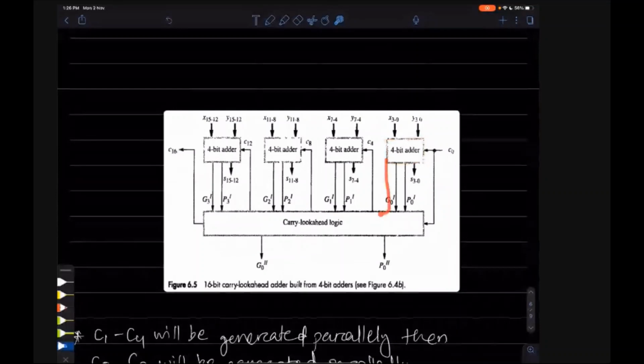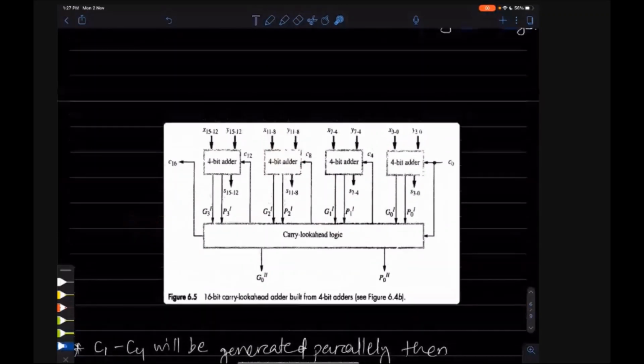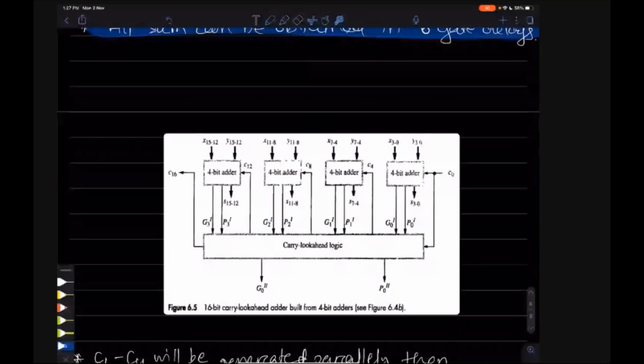Then the carry will be given to the next box. Then the next box will start its addition operation, then it will generate its carry and give it to the following box. Again there is a delay, but this delay is very small compared to the ripple carry adder that we have seen in the first case, because each 4-bit adder can generate its 4 carries parallelly.